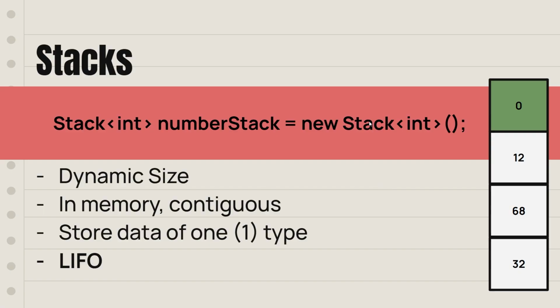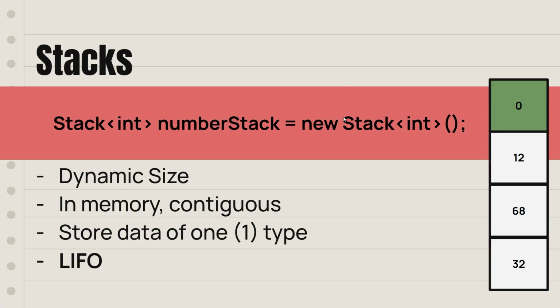What that means, as you are putting information in, say you put in 32, and then you put in 68 in the stack, you're putting in 12 in the stack, and then you put in 0. 0 is the last value to be put into the stack. And when you want to pull information from that stack, you pull from the top. So if you want to pull information, you pull out that 0 first, and you use that, even though it was the last one to go in. The professors I've had use the example of the plates at a buffet, where they just stack them on, and if you want to use a plate, you have to get one off the top. That's the logic that